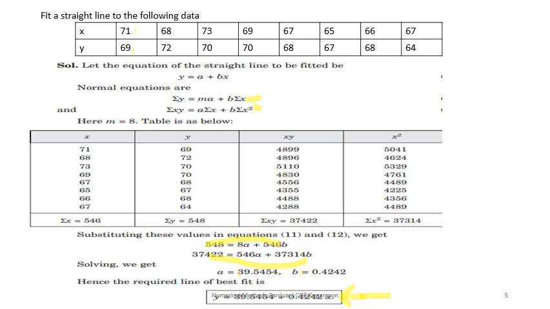Now there are two types of fit. One is called the best fit and the other is called the exact fit. All the activities in curve fitting come under best fit because you try to minimize the error, while all activities related to interpolation, which we are going to study in the subsequent lectures, come under the category of exact fit. So best fit and exact fit. Best fit means to try to minimize the error. That is how you need to remember this, with the help of the principle of least square.